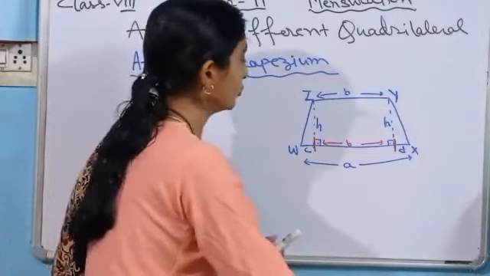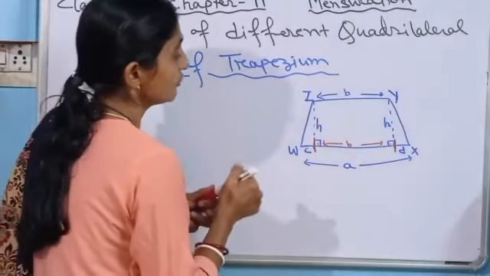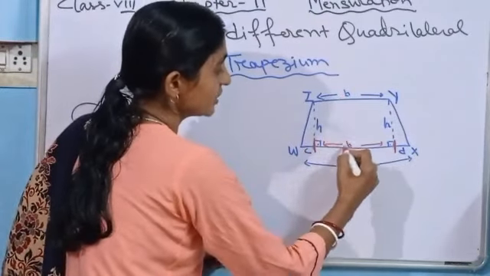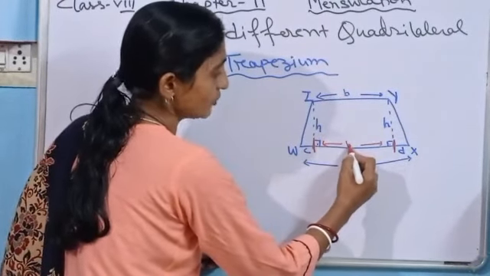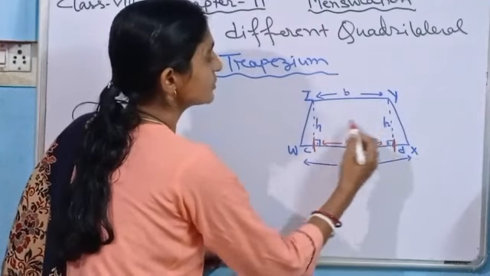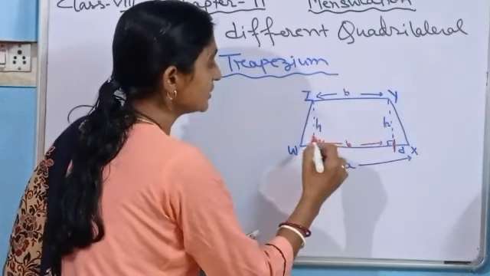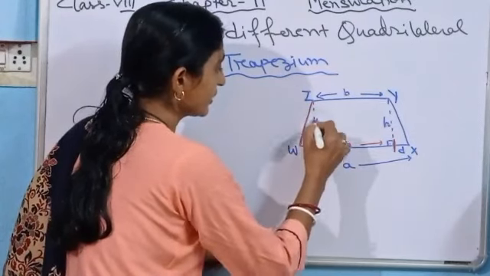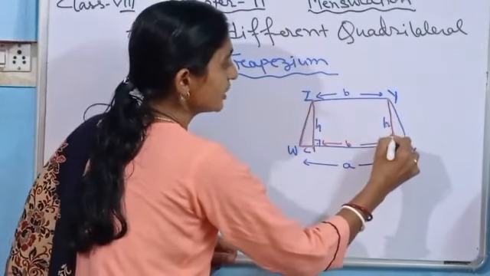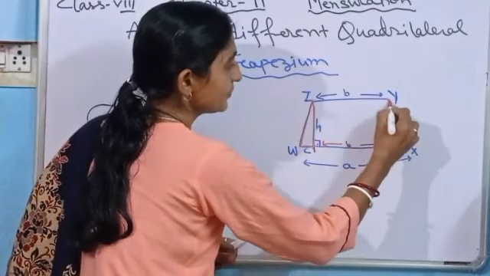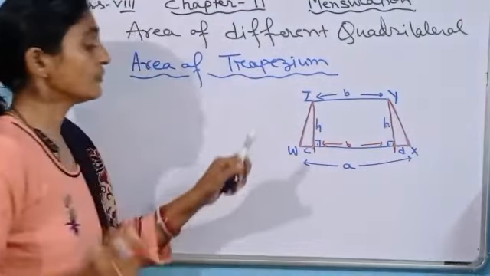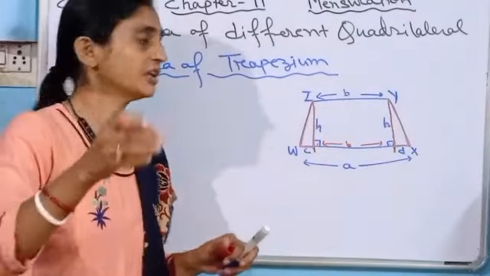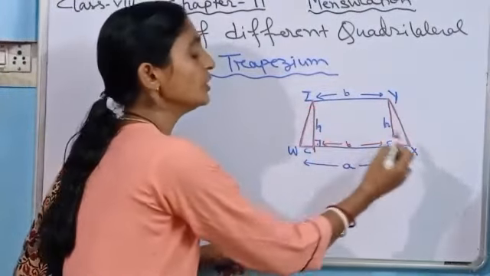Now you might have noticed what I have got here. I have got one rectangle, where the length has been given as B. You can see that opposite sides are B, and the other opposite sides are H. Other than this, I have got one triangle here, and on this side I have also got one triangle. See? So if I am looking for the area of this trapezium, here I am getting one rectangle and two triangles.